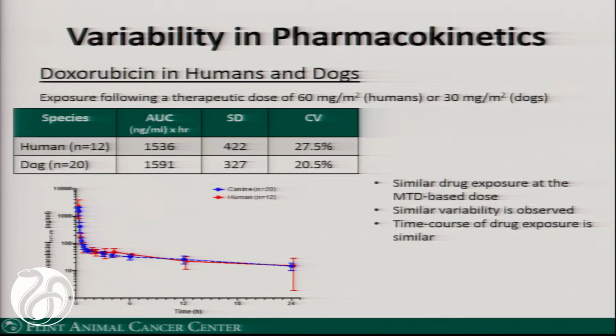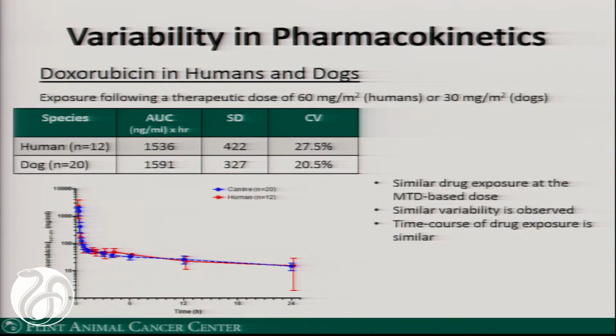Here's N of 20 in dogs from a study Kim Selting did about, I don't know, probably 10, 12 years ago now. We did all the PK. This is at 30 mgs per meter squared in the dog. And these are both what they would call the MTD. It's surprising how similar these curves are in terms of overall exposure, arguing that drug exposure, plasma exposure of the drug is really what drives dosing, as you would